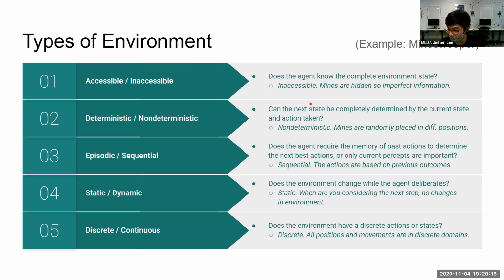But I got another example here. So another example of the deterministic example is chess, because the outcome of each movement can be determined. So if you have a horse piece, you always move in the L shape. That's what deterministic means, because it has a fixed pattern.